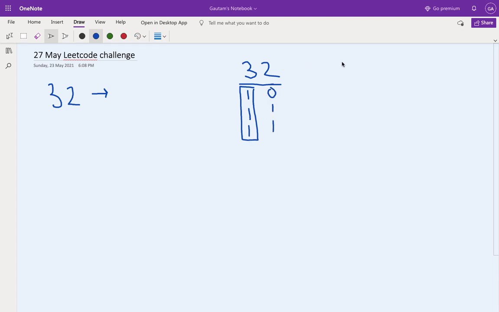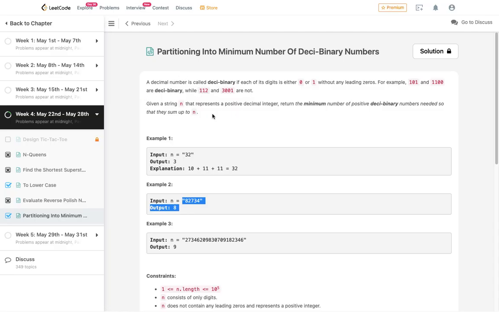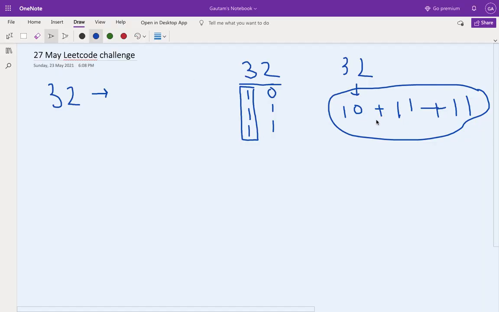So 32 can be formed by 10 plus 11 plus 11. There will be 3 total deci-binary numbers needed, at least 3. The question says, given a string, return the minimum number. There can be more, but we need to return the minimum, that is 3 to make 32.